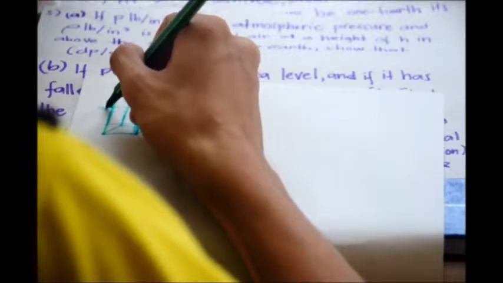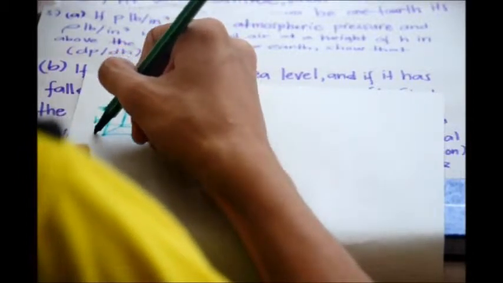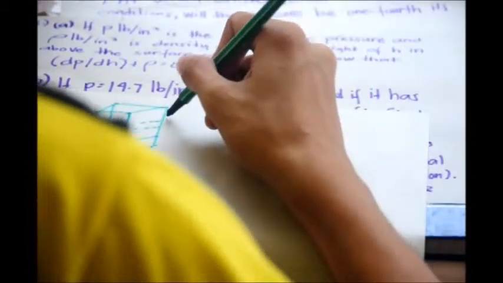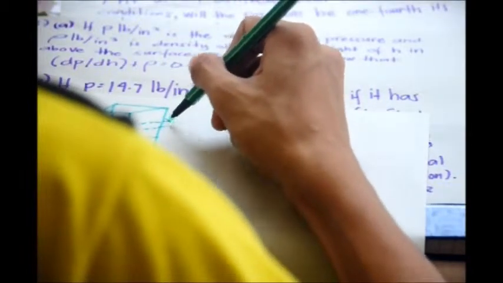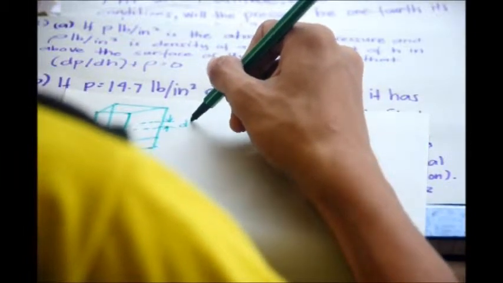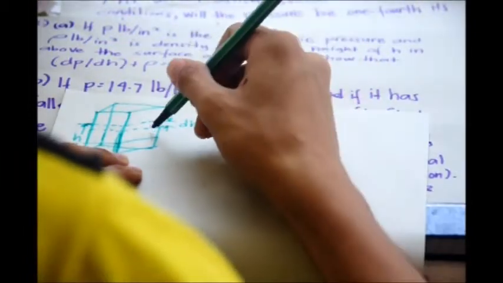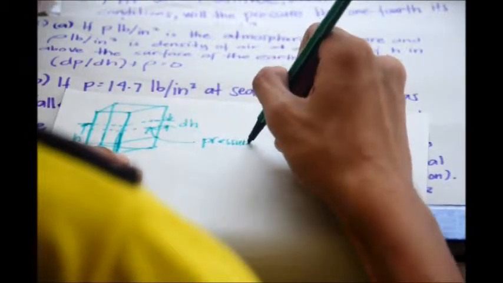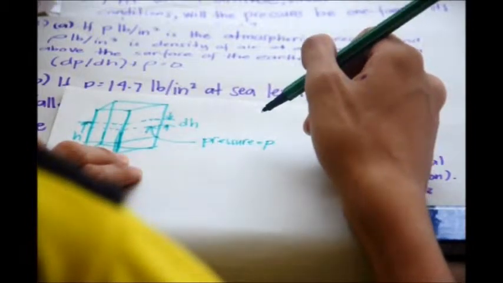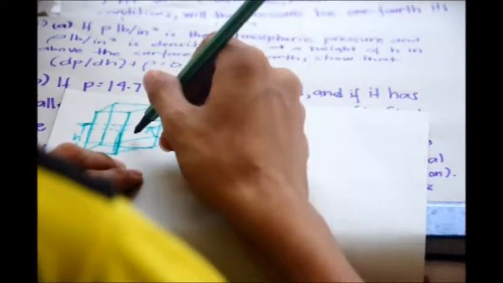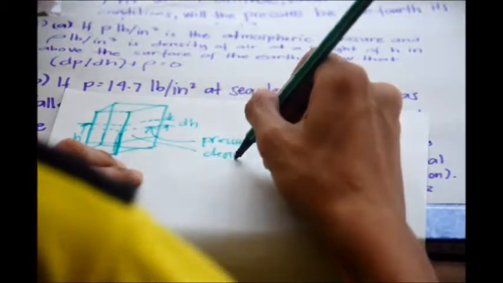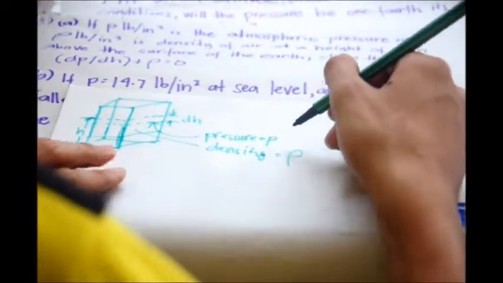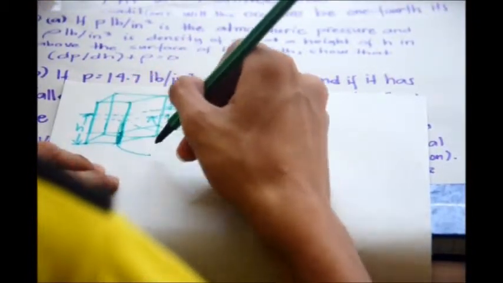In the diagram here, this is the height, this is the change of height, that pressure is to be as to rho. Is the area